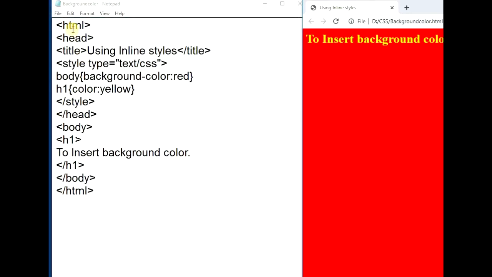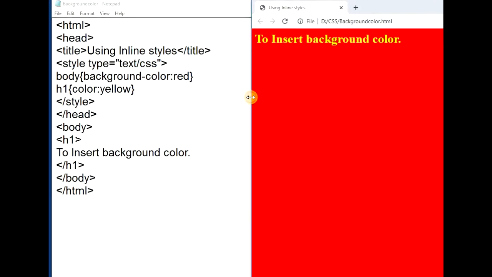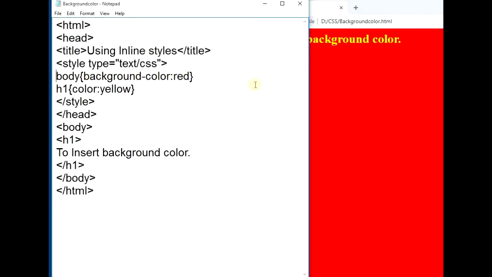Here you can see this is an internal CSS file. So students, I have given body background-color: red and h1 color: yellow.